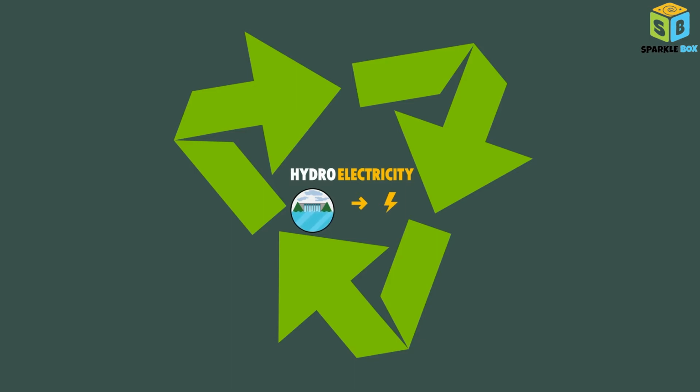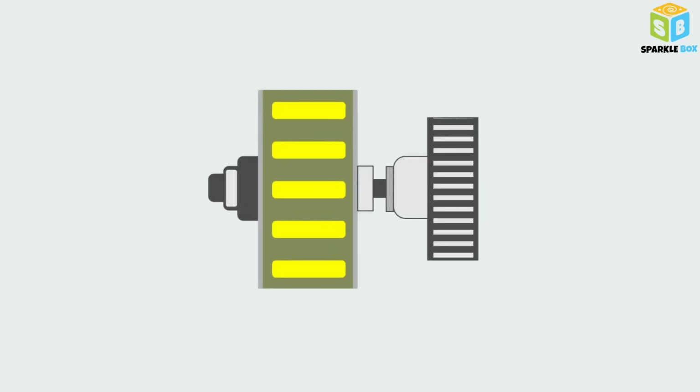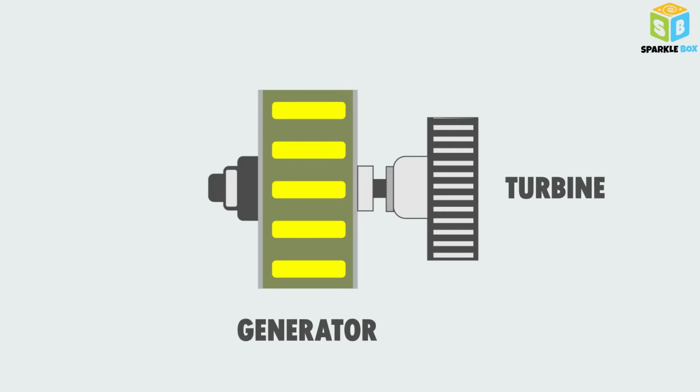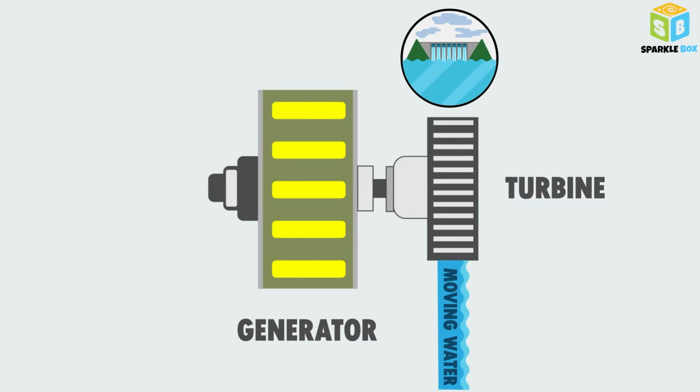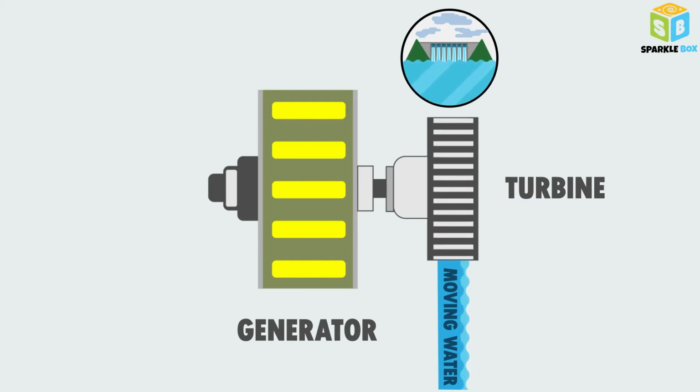Many countries have been capturing the energy in moving water for thousands of years, and today it is still a resource that generates clean and renewable energy. Hydropower plants generate electricity using generators and turbines. The energy generated by moving water spins rotors on a turbine. The turbine is connected to an electromagnetic generator, which produces electricity when the turbine rotates.